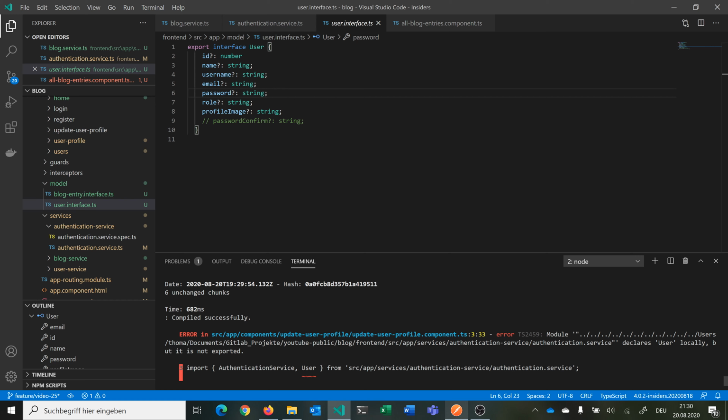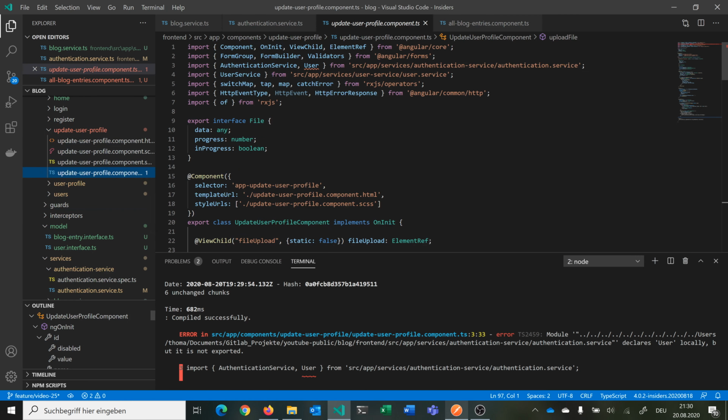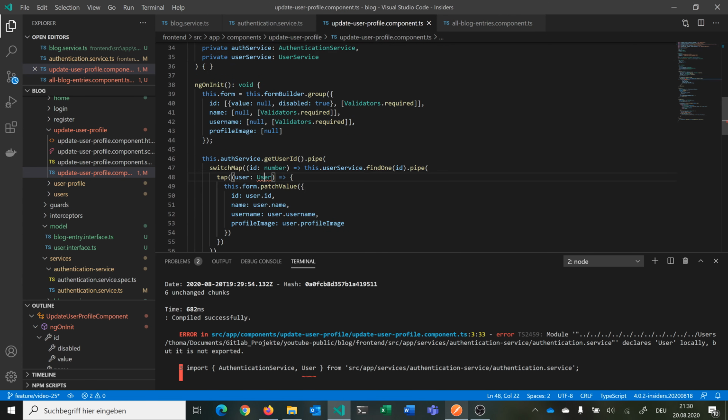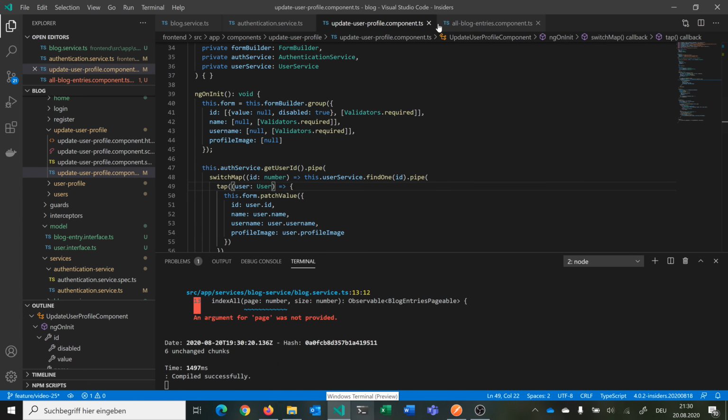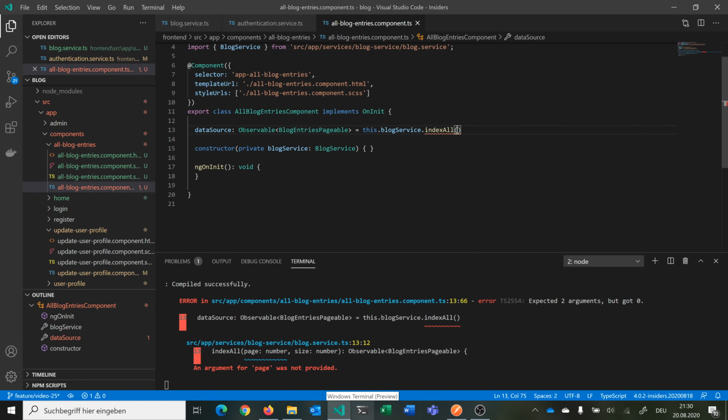So, and then we have an error in source update user profile. Okay, this is the error. Update user profile component, and here we are not having the user, but of course we have it in our interface. And now we can go again to our BlogEntries component, and here we need some parameter, or we have